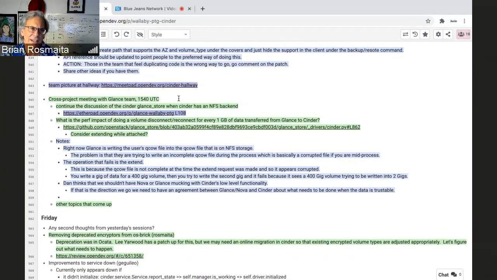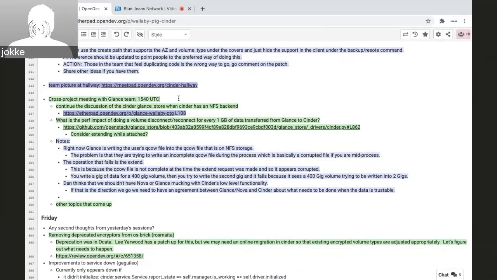Because there doesn't seem to be any real use case for making snapshots of these volumes, because from the Glance perspective, they're just images, so they're not actually volumes. But from the Cinder perspective, is that whole backend just images, or is that backend shared between live volumes and images? Because from our perspective, it's just storage where we store a blob of data.